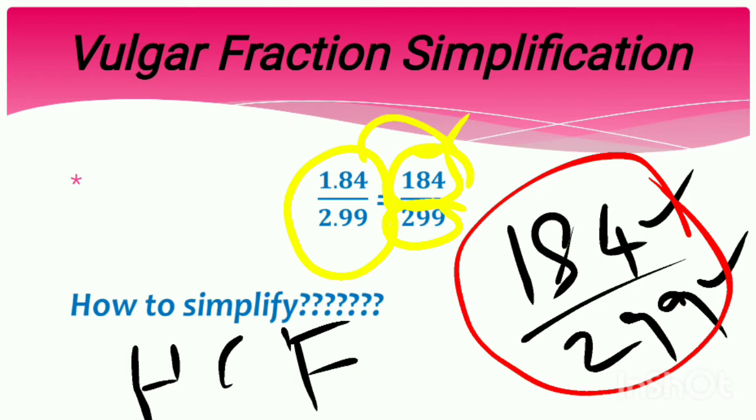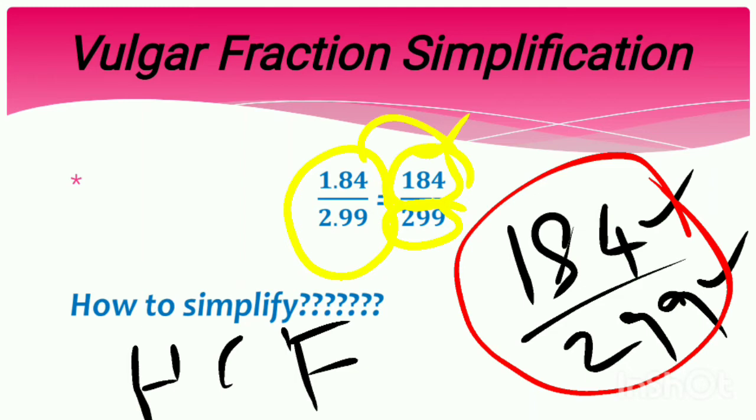Even when you have calculator, you cannot simplify it that easily, because you have to check with the divisibility conditions of 2, 3, 4, 5, etc. and one by one you have to divide it. Okay, this is the very easy method. You have to find the HCF of both the numbers, then you have to divide the numerator by the found HCF to get the simplified numerator, and the denominator by the HCF to get the simplified denominator. I hope I have explained clearly. Even then, if you have some doubts, please go through the HCF and LCM videos so that you will get some clear idea.